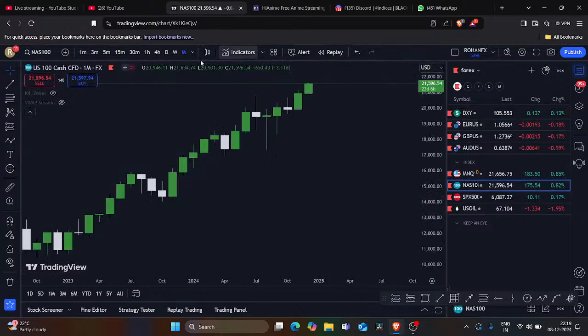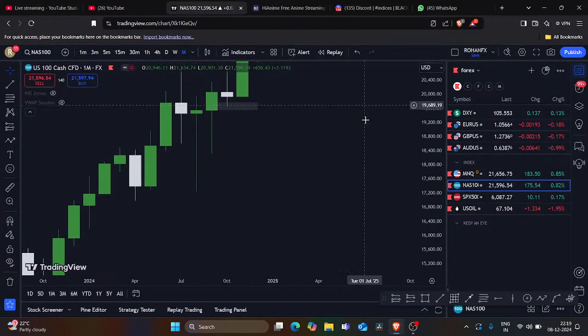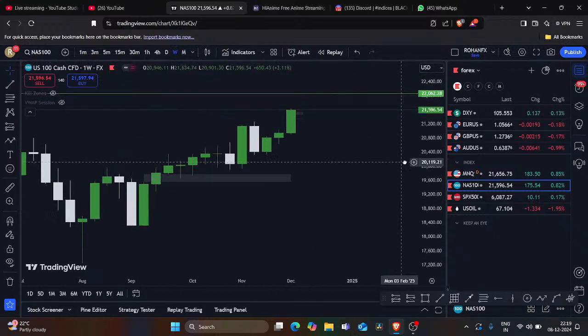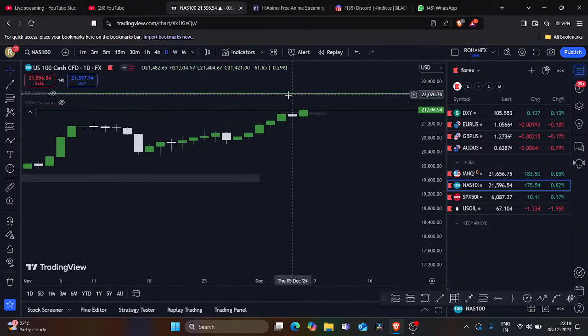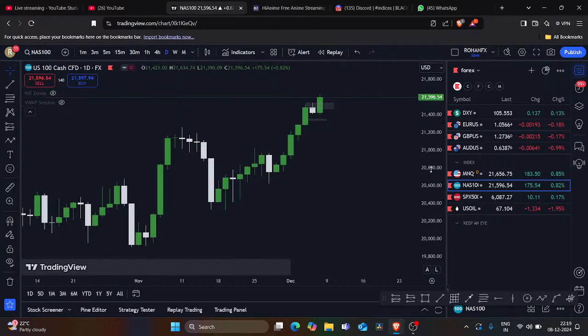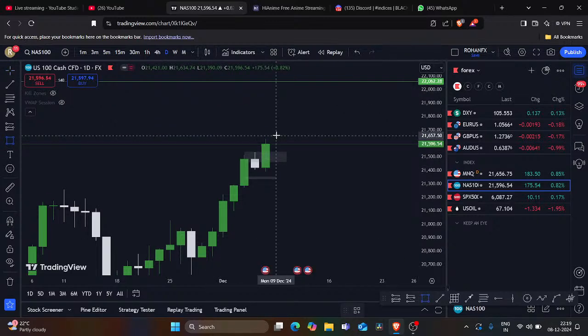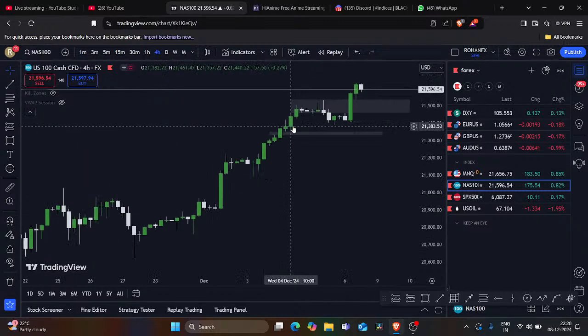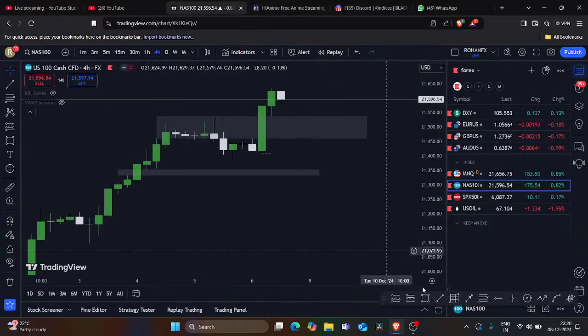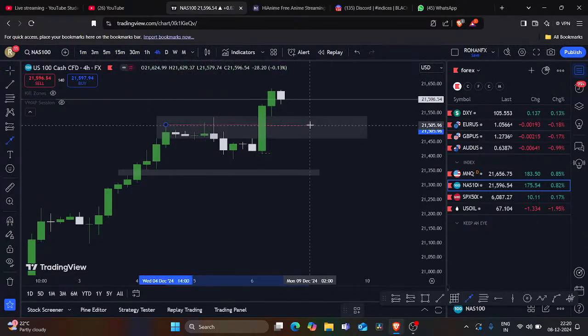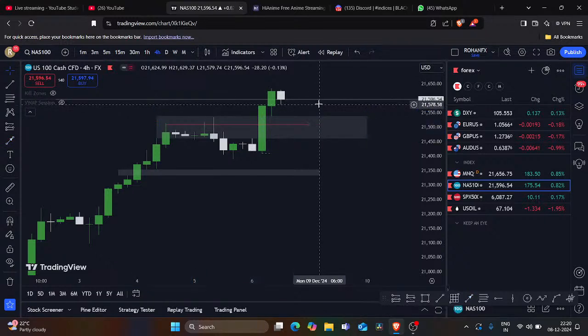So going to Nasdaq. So Nasdaq is completely bullish. Yeah, weekly there's a strong closing, and even in daily there's a strong closing. Okay, so what I want the daily candle to form is a body with a wick tapping this order block, and then we can expect a very long move incoming. If I want a confirmation entry, I see a 4-hour fair value gap here plus this order block.